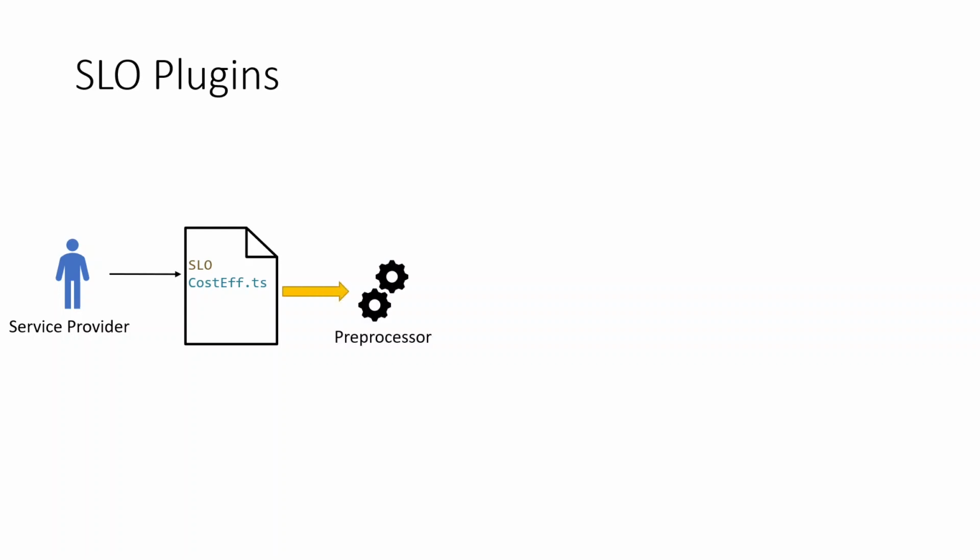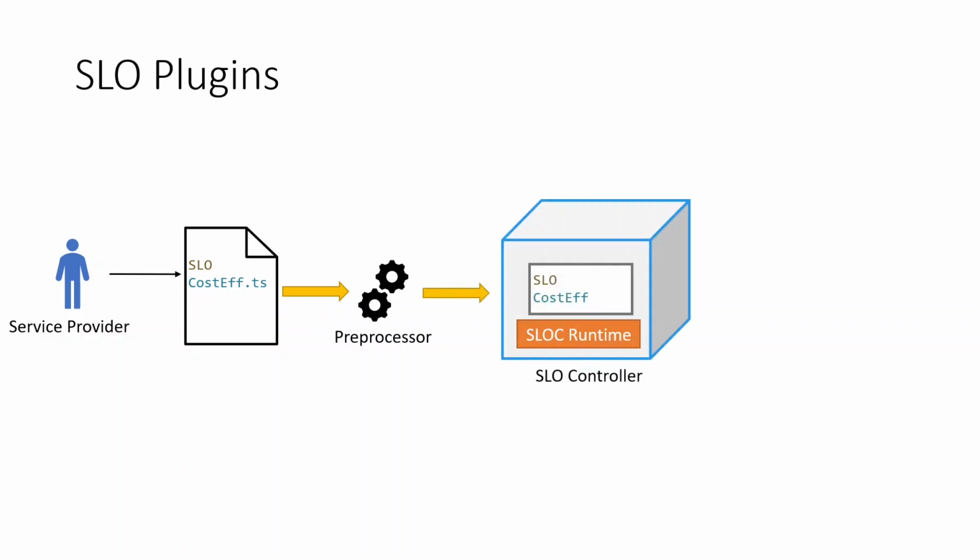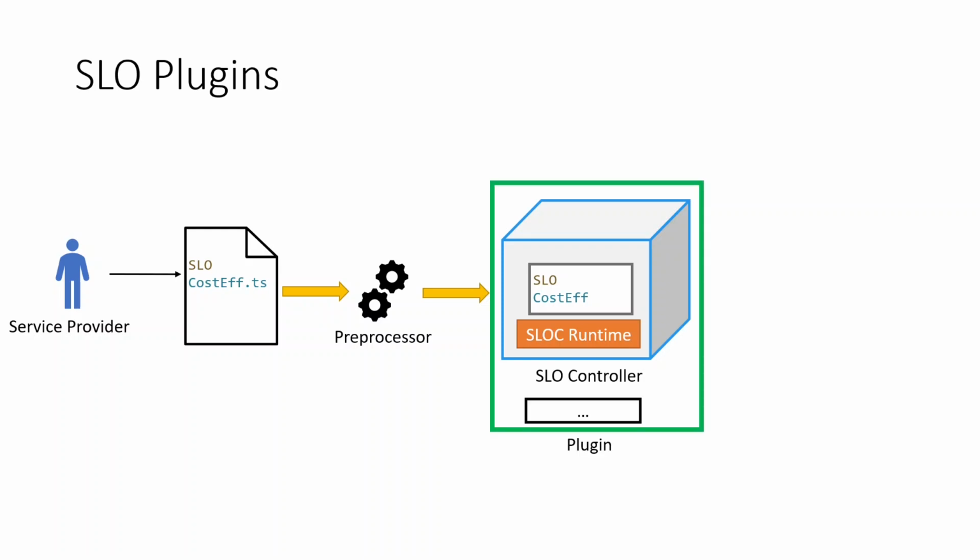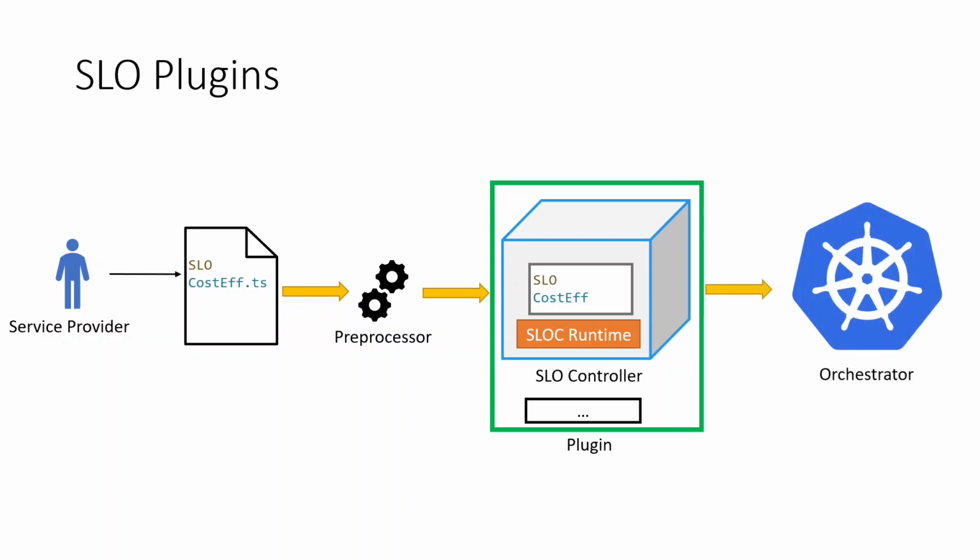And then this is fed into a preprocessor, which will build a container image containing an executable SLO controller that can be run inside the Kubernetes orchestrator. This will contain our generic SLOC runtime and, of course, the cost efficiency SLO. And that whole thing, together with some configuration files, can be packaged up as a plugin and then finally deployed